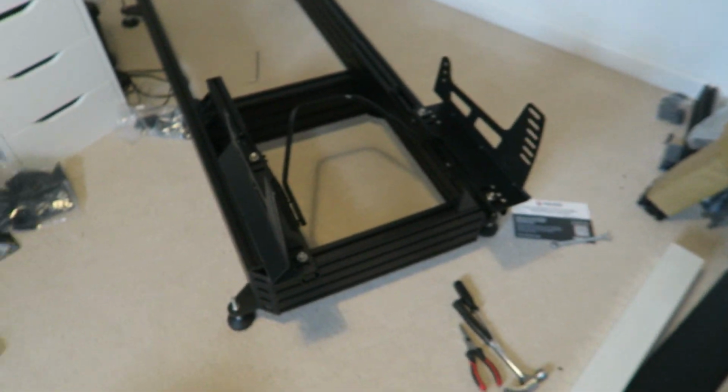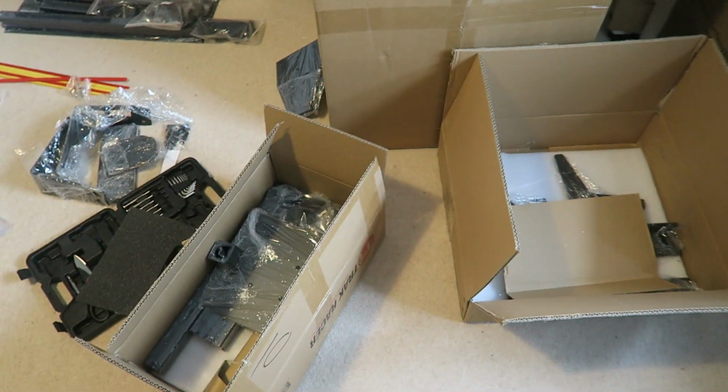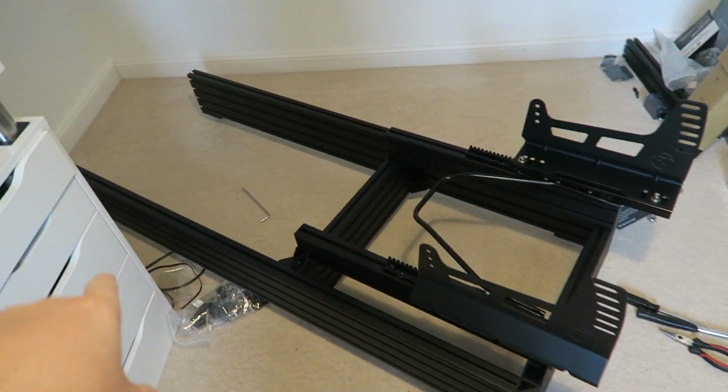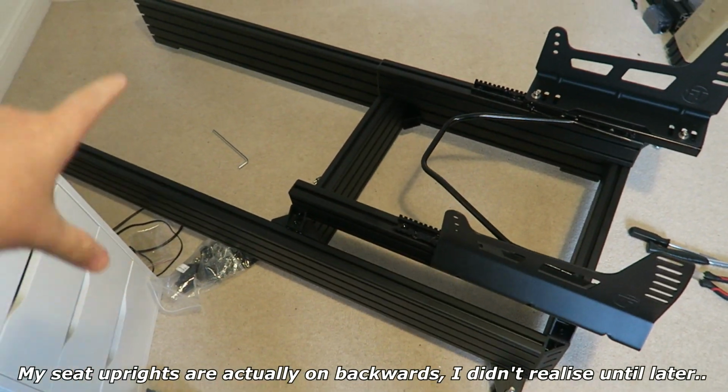Hey, so you joined me the next day. We've made a little bit of progress. You can see the build has actually begun. I didn't want to go and show you everything that's in all the boxes, because literally the parts can look very, very samey. But what I've done is the foundations of the rig, the side